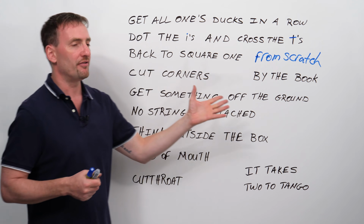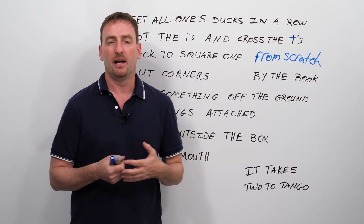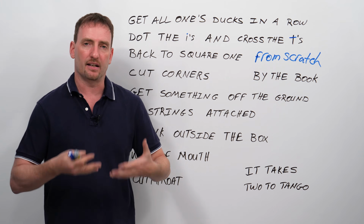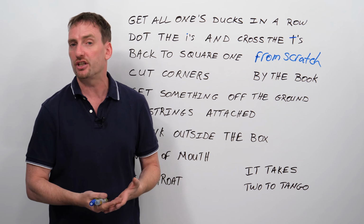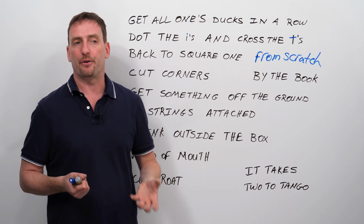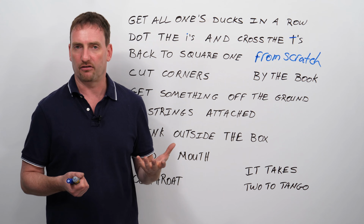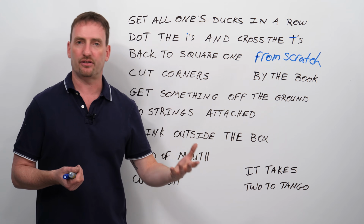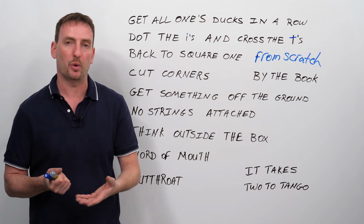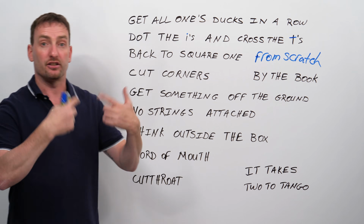Now, to get something off the ground. Especially if you think about startup companies, but it doesn't have to be. Any business or any individual who wants to get a business started or to get a project started is trying to get it off the ground. Off the ground means working, right? So the first thing you need to get a project off the ground is money. So you get investors, you get the banks maybe even to give you a loan. You get all the money so that you can get the project off the ground and get it started,